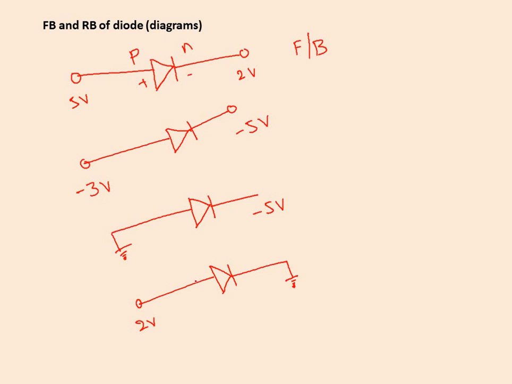Right. Now let's draw the reverse bias conditions, which means for the circuits how we can identify the reverse bias. Now let's look at the reverse bias condition, RB. So here is the diode, imagine. Now of course this is the P side, N side. Reverse bias means they should be connected in a reverse manner, right? So here the low potential and high potential should be reversed. So here I am giving 2 volt, here I am giving 5 volt. Did you notice I have just altered the earlier one.